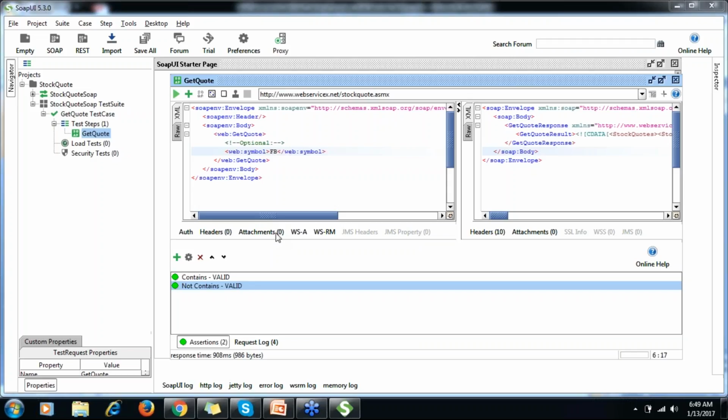Another question is why we are testing assertions. We are not testing assertions. We are putting some validation point on my response, whatever I have received from the server, so that I can be assured that whatever response I got from the server is correct. Because if you are not validating, you're not asserting your response, it means that is useless. You are just getting a response and not validating anything. So we are not testing assertions, we are validating our response.